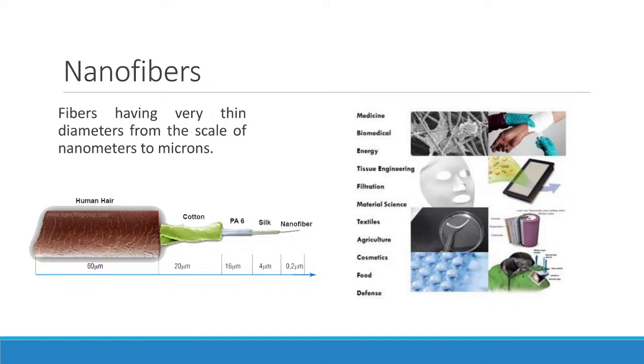So nanofibers, I'm sure you are well aware, are a very small form of nanomaterial, shaped as long cylindrical bodies. If you can see in the picture right there, they are much smaller than the average human hair. And these are used in various applications and various